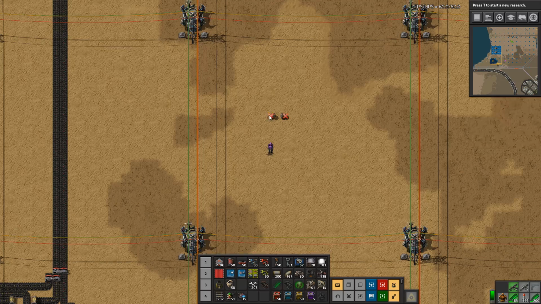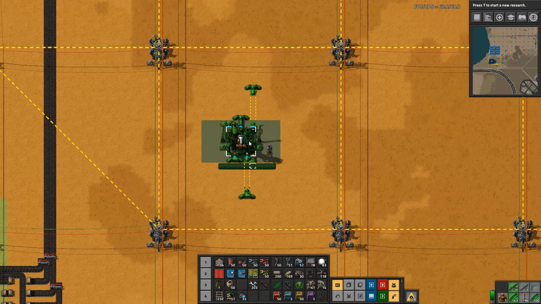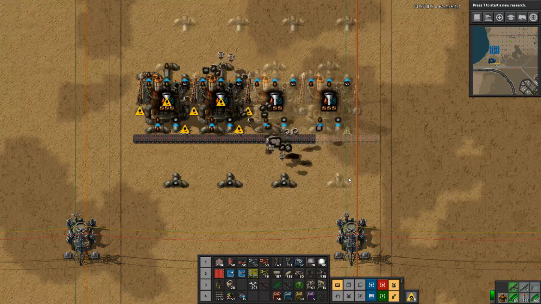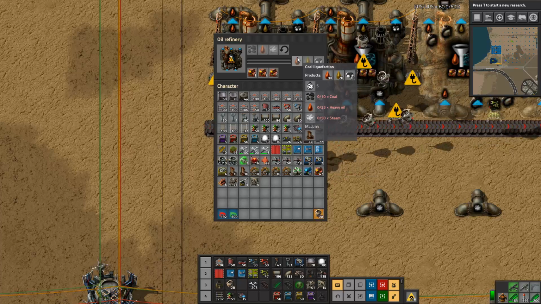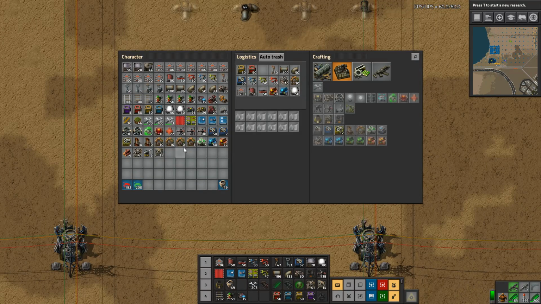See, whenever it's more than 30 items, then they get picked up by the house bots, and I don't like that. And okay, so that's going to be 1, 2, 3, 4. Each of these are consuming 2 coal per second, and then it's going to be slightly less with this. But it's going to be...